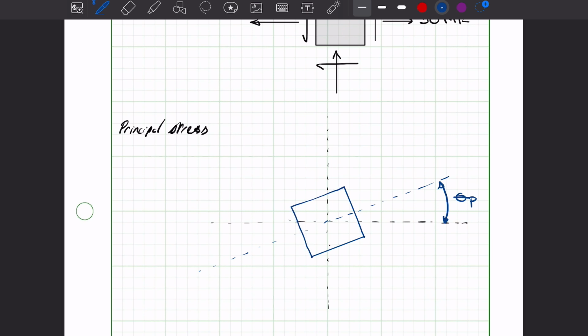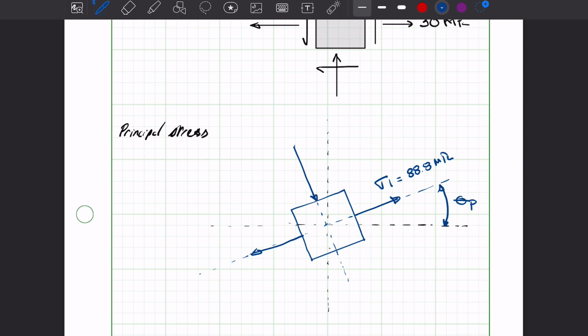So this is my new rotation of the principal stress. And what that means is that I would only see my principal stresses in action here. So I'm going to have my first principal stress, and that is 88.8 megapascals. My second principal stress would happen at 90 degrees from it, which would be